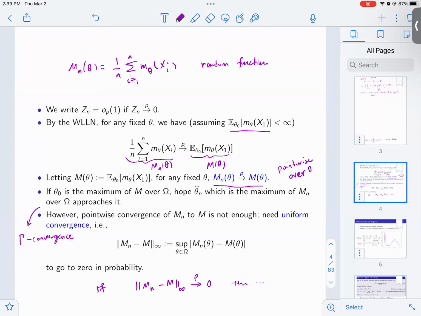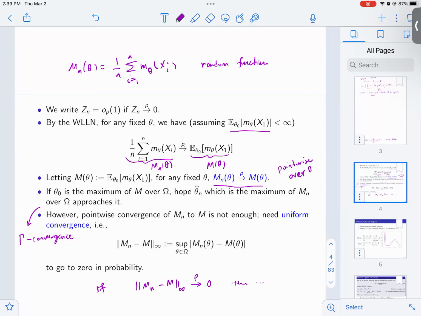So this object here is the candidate to study because this is converging to it. And so I can study the maximizers of this, and oftentimes you design this correctly. If you design this correctly, the maximizer is just going to be exactly theta naught. Then you'd hope that if the maximizer converges to the maximizers of that, and the maximizer of this is unique and equal to theta naught, then you know it's just